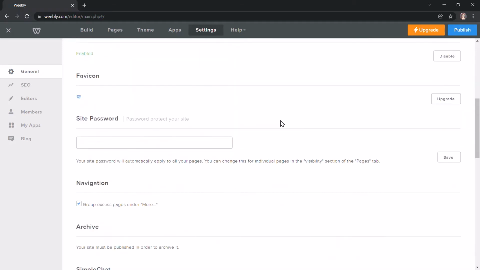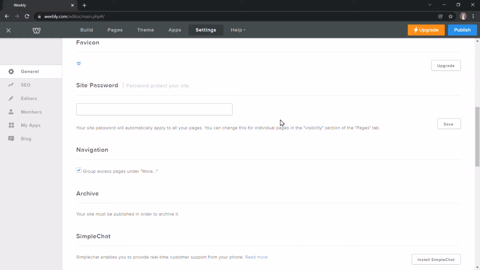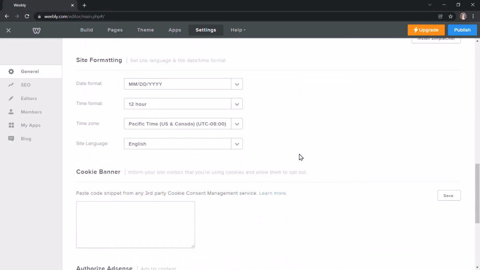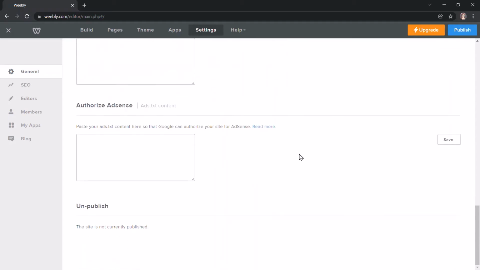And then if we wanted to password protect our site, so maybe it's for an event, like a family event, and you only want people who have been invited to be able to view the site. So you may send out an invitation and it has the site password. You can definitely do something like that, and then only people with the password would be able to see what's on your site or a specific page. So just to give you a quick look at what kind of things are on there,